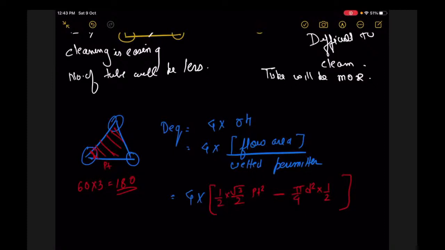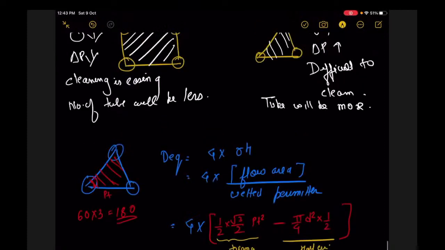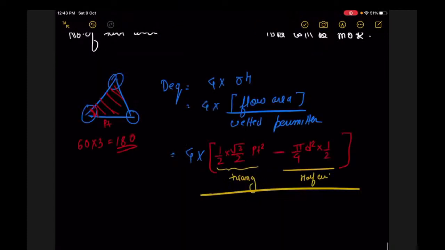sin 60 विल कम क्योंकि एंगल पे है वो। ठीक है, तो ये ट्राइंगल, और इस ट्राइंगल में से हाफ सर्कल हमने माइनस कर दिया अपॉन वेटेड पैरामीटर। वेटेड पैरामीटर मतलब सर्कल कितना कांटेक्ट में है, पाई डी पूरा सर्कल का पेरीमीटर होता है, लेकिन वो हाफ है इसलिए π/d/2। सो दिस इज डी इक्विवेलेंट। सिमिलरली यू कैन, अच्छा ये लिख लो पहले, फिर मैं रेक्टेंगल का कराता हूँ, या फिर तुम एक अटेम्प्ट मार सकते हो।